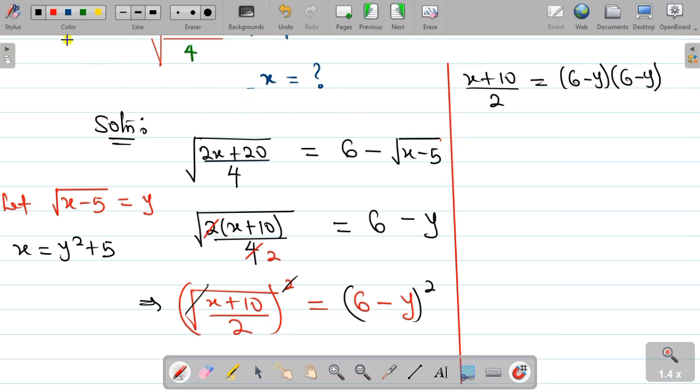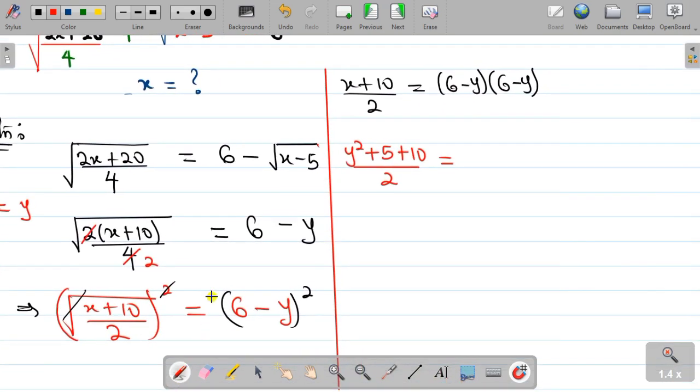So at this point we can now try to bring in our x, which is y squared plus 5. So we'll have y squared plus 5 as our x, but there is 10 there, so we bring it down as well, and that's over 2 to be equal to